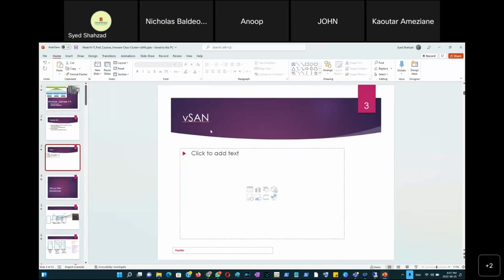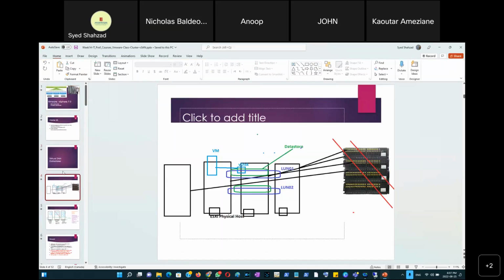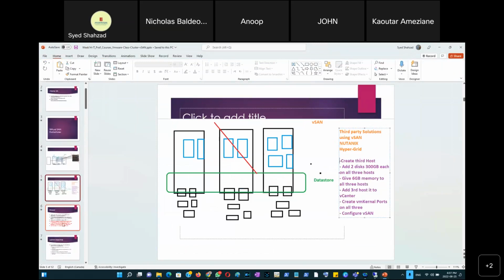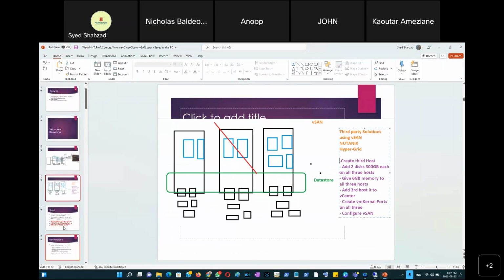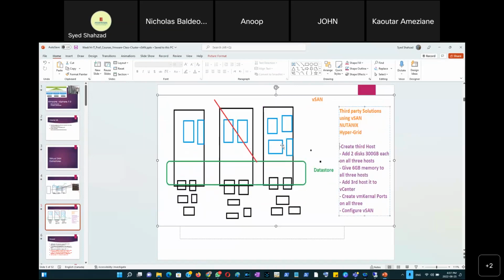So virtual SAN, data stores, or vSAN. So what is it anyway? Now, this is one diagram that I have explained, but I'll try to either create a new one or go for an older one. Oh, where's the definition? Okay, so I'll have to define seriously. Now, vSAN is where you have to really,